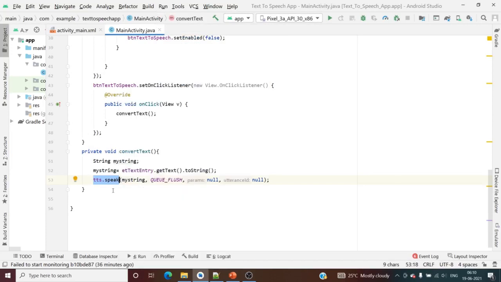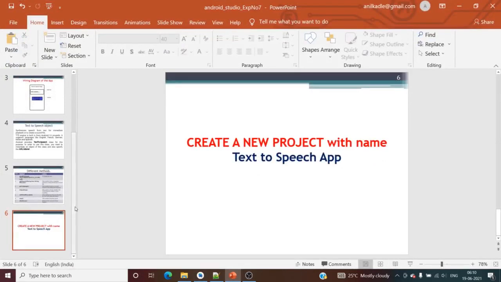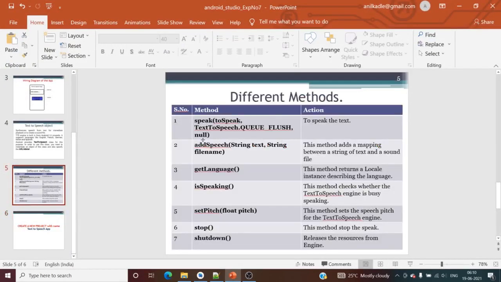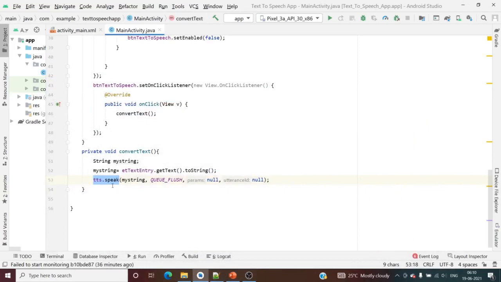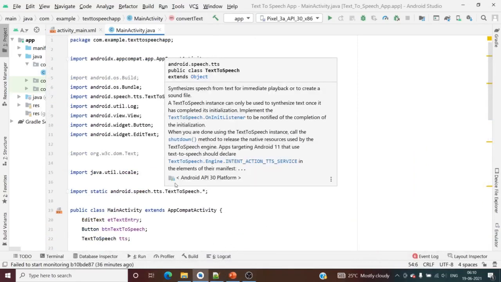Please see this, it is using the speak method. In my slide I have shown you some methods. Out of that I am using only one method, the speak method. You can improve this by using the others also. I'm just using the first speak method. You can use the setPitch method also to set the pitch of the language. Anyway, the program I have written is running now.